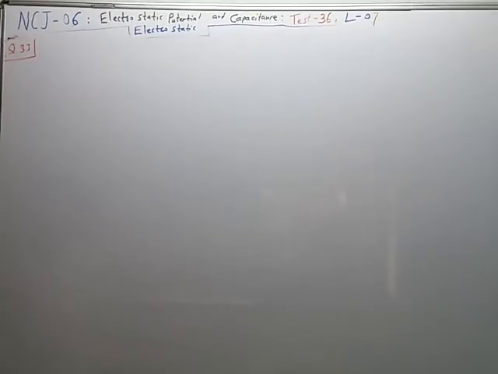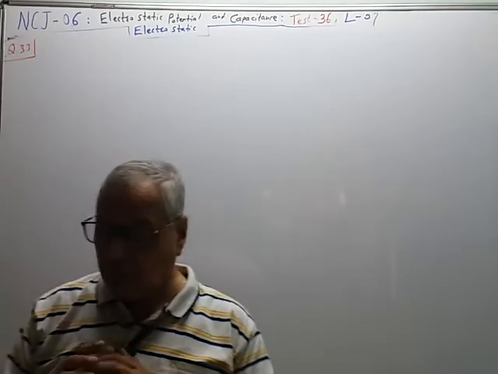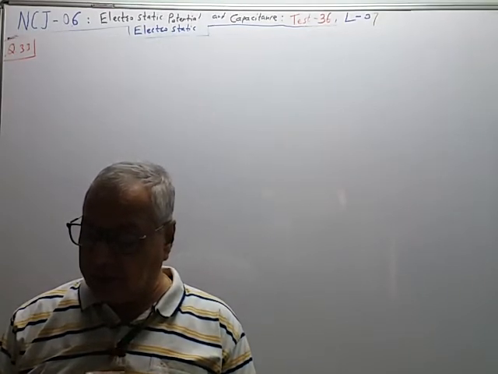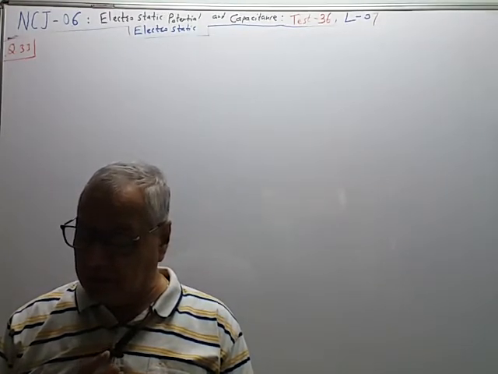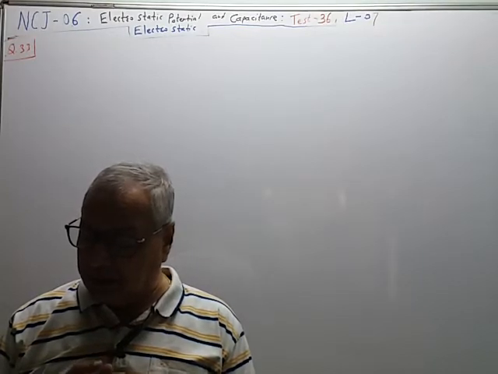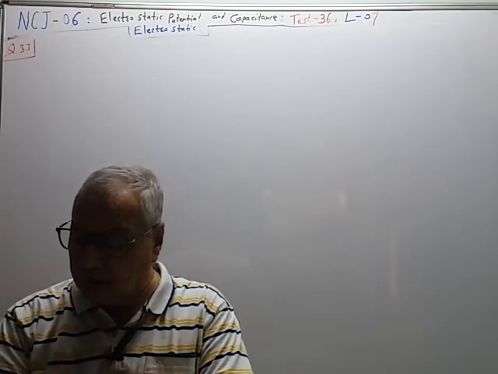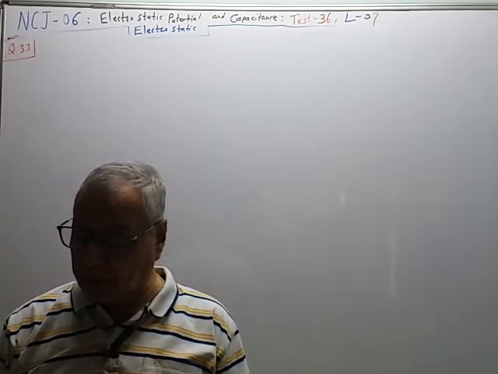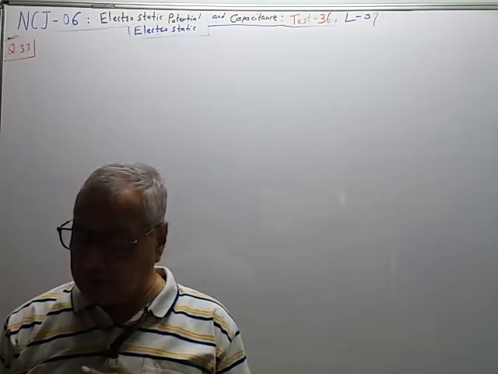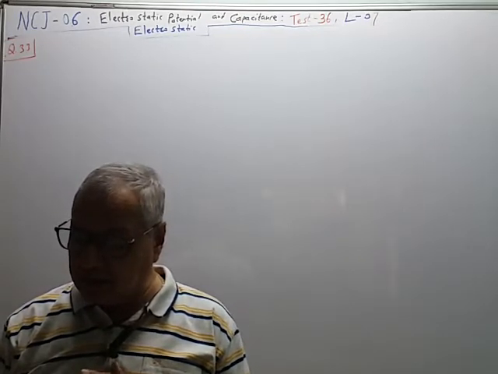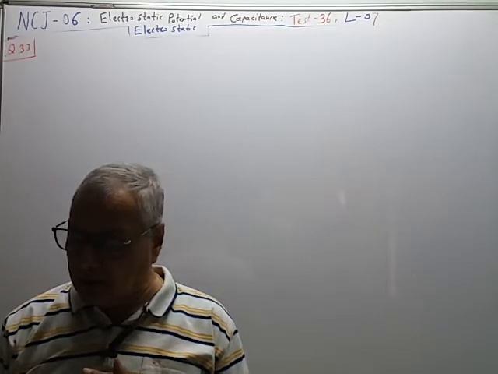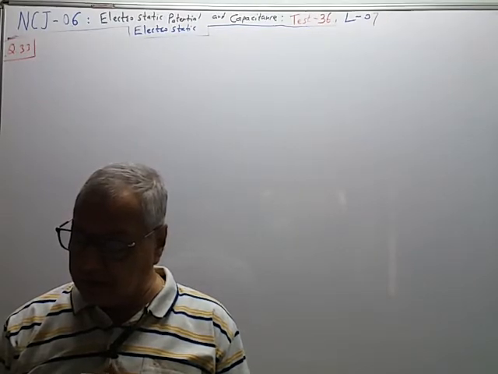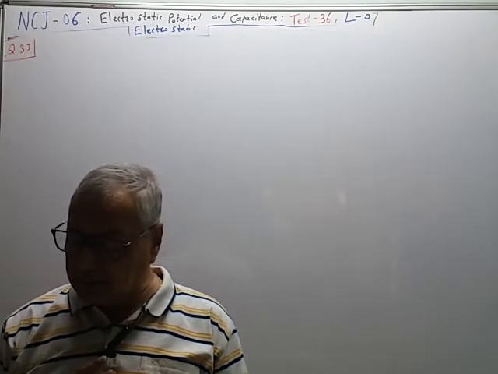Next, 33. Two insulated charge conducting spheres of radii 20 centimeter and 15 centimeter respectively, and having an equal charge of 10 microcoulomb are connected by a copper wire, and then they are separated. Then A, both the spheres will have equal charge. B, the surface charge density on 20 centimeter sphere will be greater than that on 15 centimeter. C, the surface charge density on the 15 centimeter sphere will be greater than that on the 20 centimeter sphere. D, surface charge density on the two spheres will be equal.